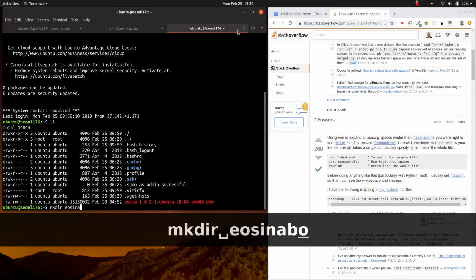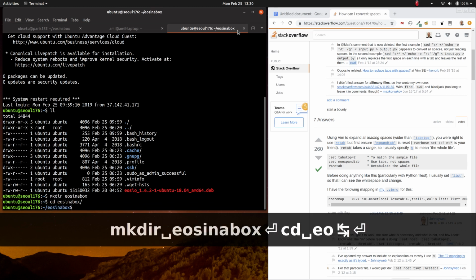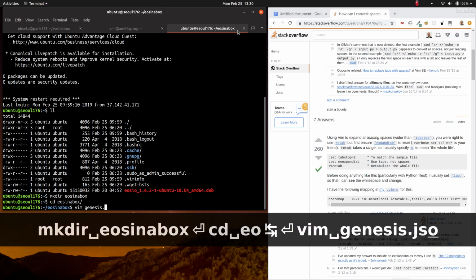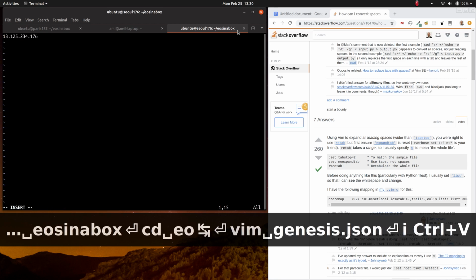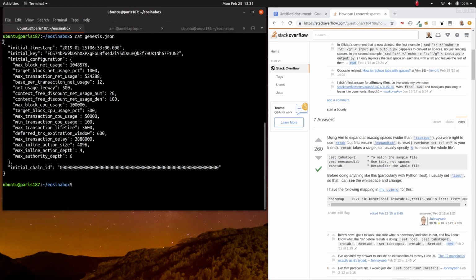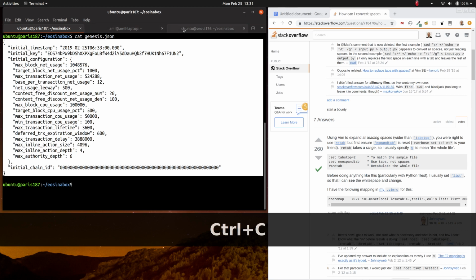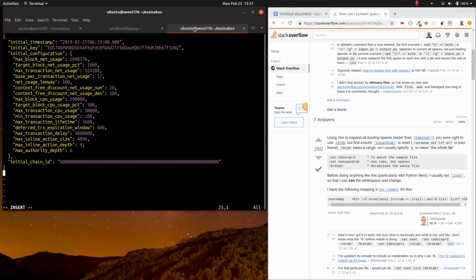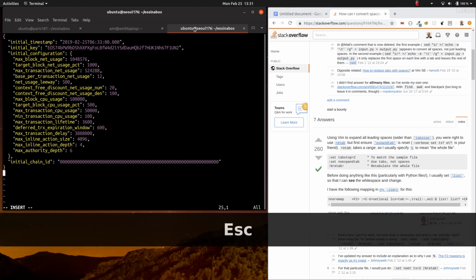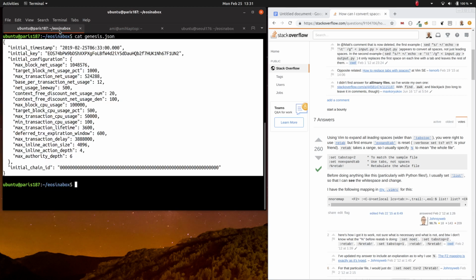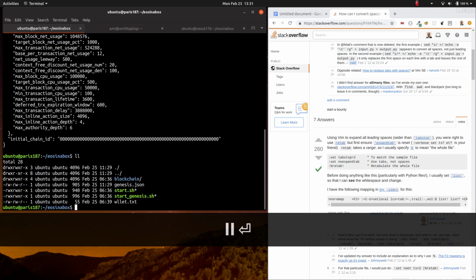Mkdir eosinabox, cd eosinabox, vim genesis.json, paste, no, not this one, paste this one, copy, paste. Yes, the exact same genesis file, nothing to change here. And let's copy also start and start genesis, cat start,